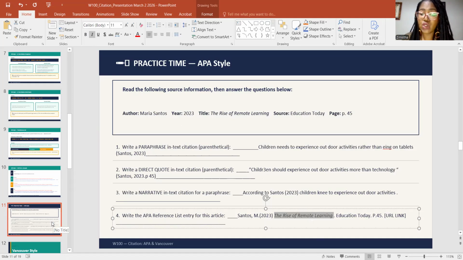And that's what I would need you to know for the next couple of weeks when we start putting our essays together. And you most certainly need to know this for Wednesday, because on Wednesday I'm going to give you a task where you have to submit a paragraph, do an in-text citation, and do a reference list, and that will be for grades. So make sure that you review this and know the answers and the methods of how to do it so that you are ready.